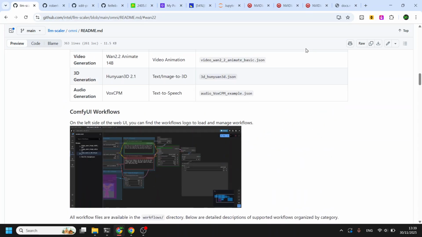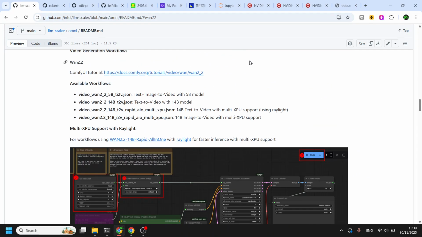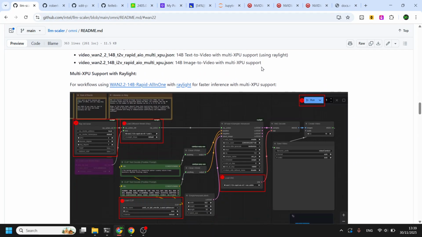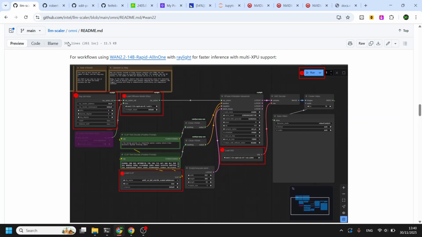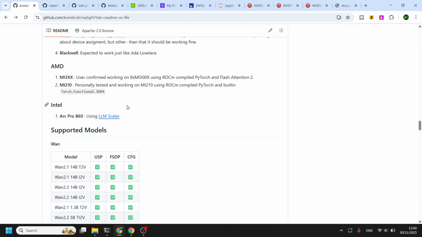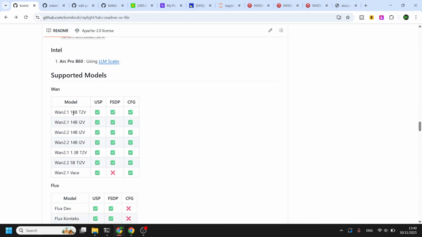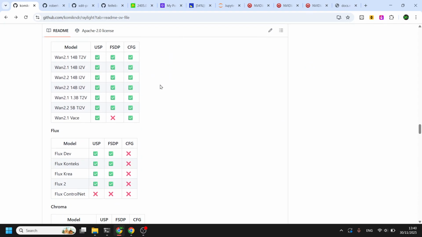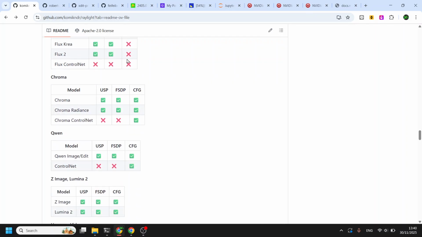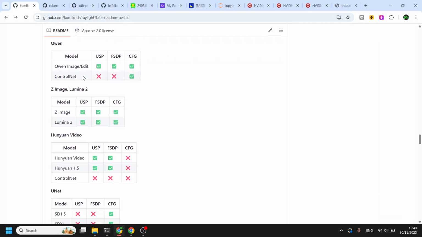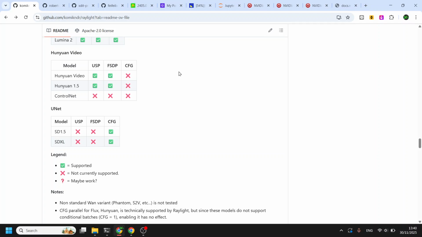They ported Raylight to XPU, if I'm not mistaken. So if you are on Arc B60, you can check this out. This is the supported model. I haven't tested. Yeah, there are many models that have not been tested.